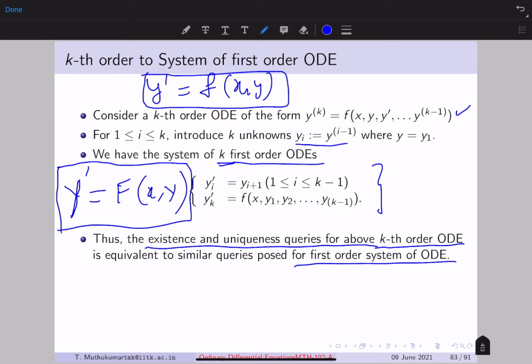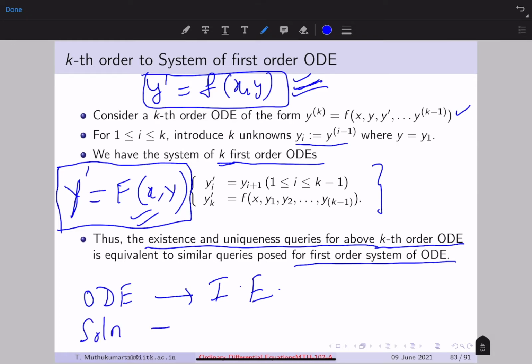The Picard's existence and uniqueness result. We did not prove it, but we had talked about it. Similar ideas can be extended to the first order system of ODE. Whatever we did here can be extended to ideas here. So what was the idea here? The idea here was for existence: you have this ODE here, and then you write the first order ODE into an integral equation, and then you say the solution